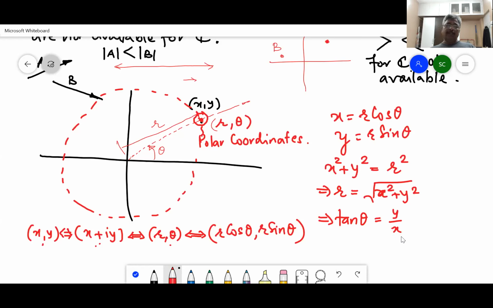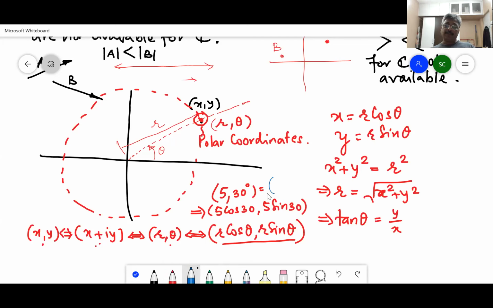So if I say that a complex number is 5, 30 degrees, what is its corresponding x plus iy representation? 5 cos 30, 5 sin 30. This is the r cos theta, r sin theta representation, but its corresponding x comma y representation will be,